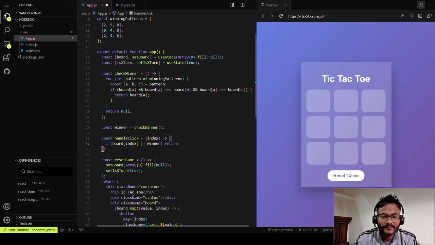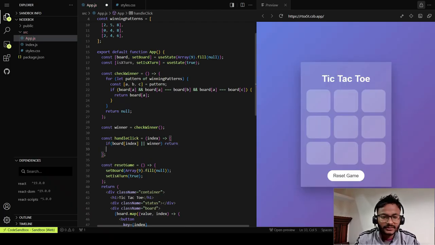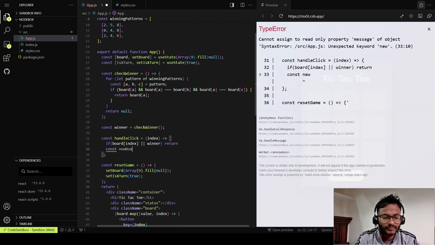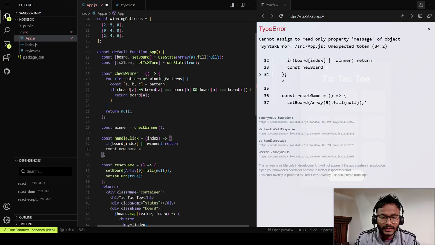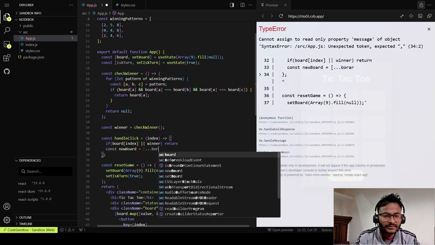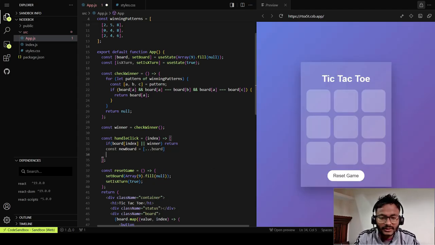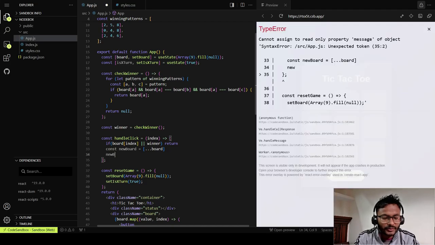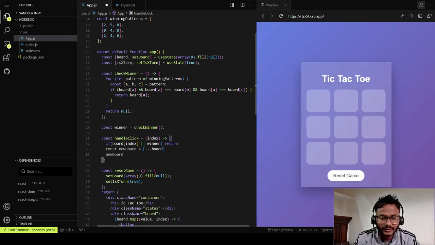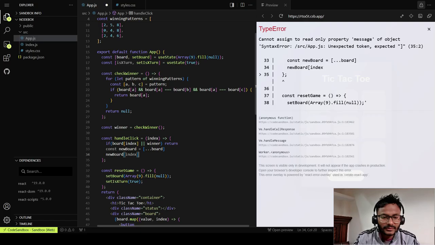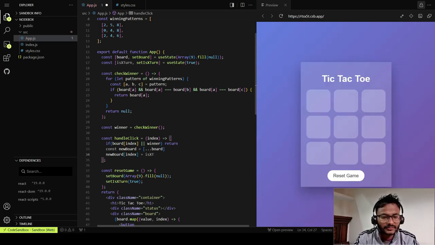Then there will be a const new board, and whenever the person clicks, the board item should be added. And then new board index